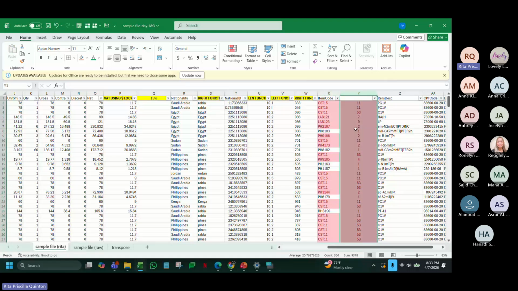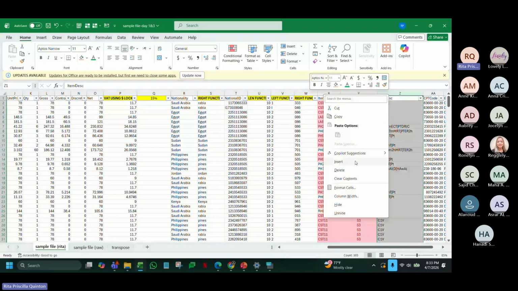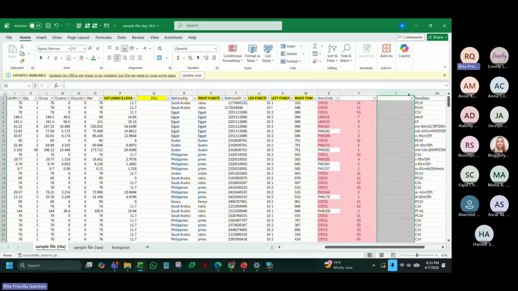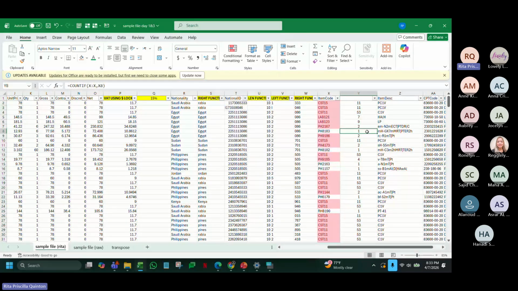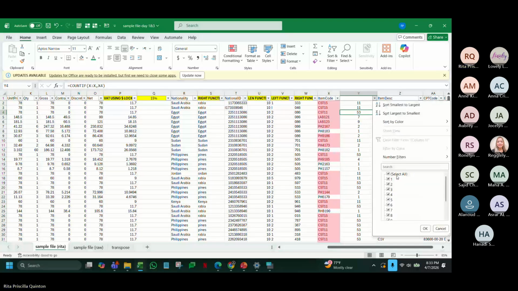You notice that the conditional formatting for the duplicates was also appearing here because I did this insert. When we insert something, usually it copies the formatting that is beside it. So how do I remove it? Just clear rules again from the selected cells. Okay. Now, you can filter all those more than 2.